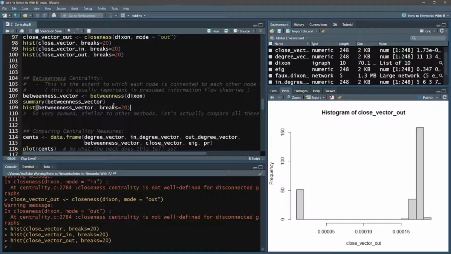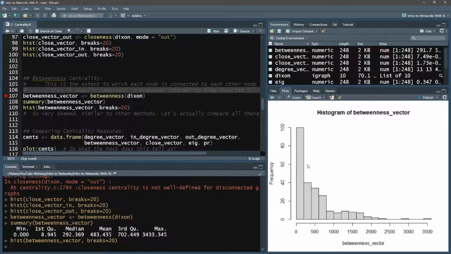I'm jumping the gun a little bit. For betweenness, it's simply the function called betweenness. And if we run this, we will find something pretty similar to what we saw at the beginning, a long rightward tail with betweenness being relatively low for people. Our unit of measurement has changed again, and the mean betweenness between different nodes is 483. That would be the output from that variable.